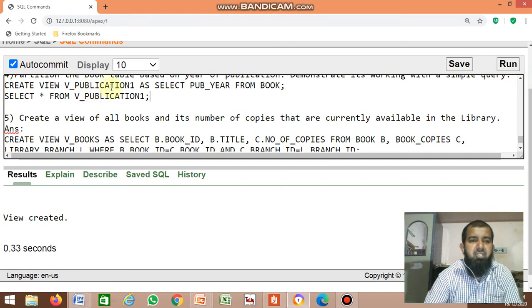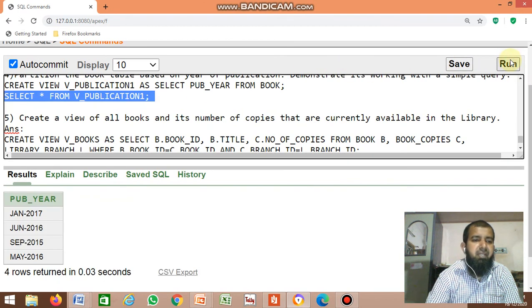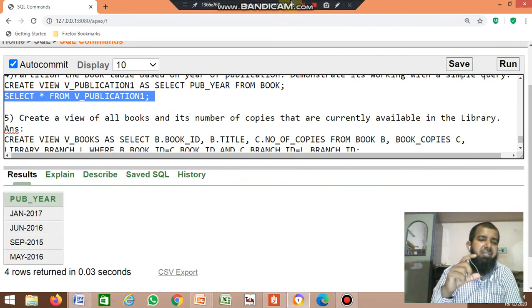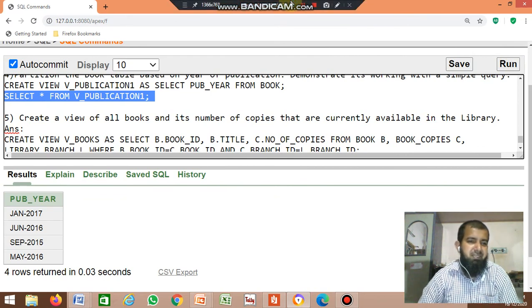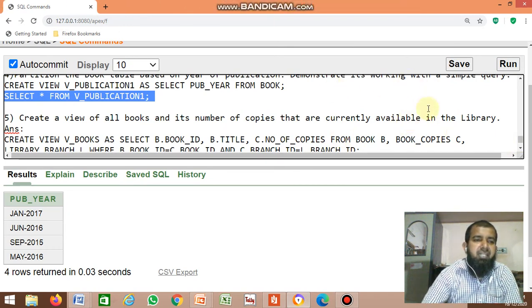Okay, so only it selects what? Publication year, the publication underscore year column. Clear, no?